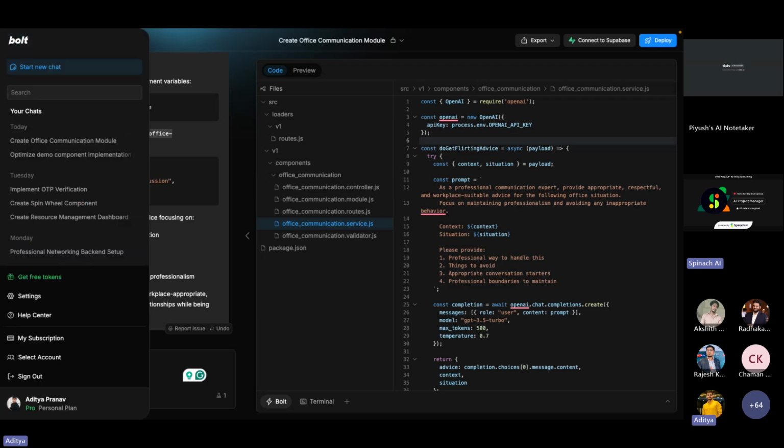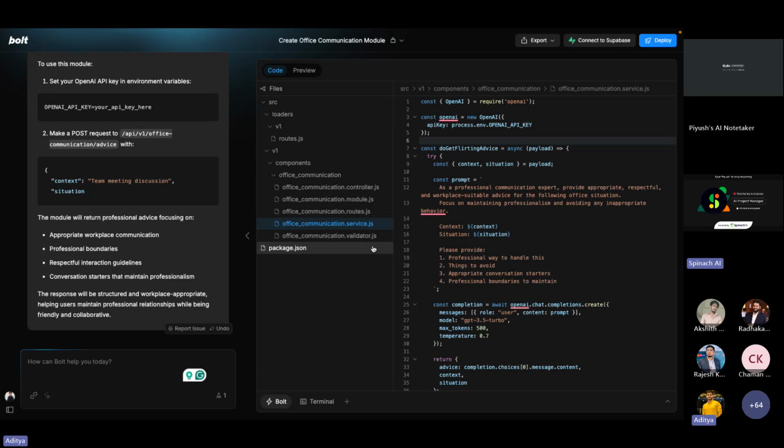तो इसने ऐसा बना दिया। इससे और भी बहुत सारे कॉम्प्लेक्स बनाए हैं मैंने। स्पिन व्हील हो गया, प्रोफेशनल नेटवर्किंग का एक प्रोडक्ट बिल्ड किया था हमने, इन शॉर्ट टाइप न्यूज़ ऐप बिल्ड किया है। तो काफ़ी सुपर फास्ट है, काफ़ी अच्छा है। बट अगेन प्रॉम्प्ट का ध्यान देना पड़ता है। एक बार एरर आ गया इसमें तो it would be difficult to fix the error and get it up and running again. और सेकेंड चीज़ ये है कि आप सुपरबेस से कनेक्ट कर सकते हो,